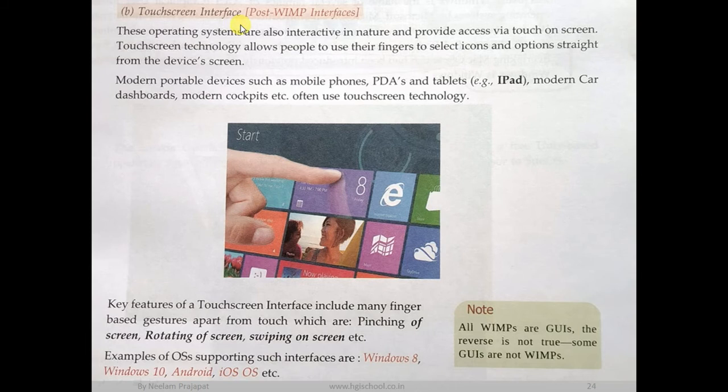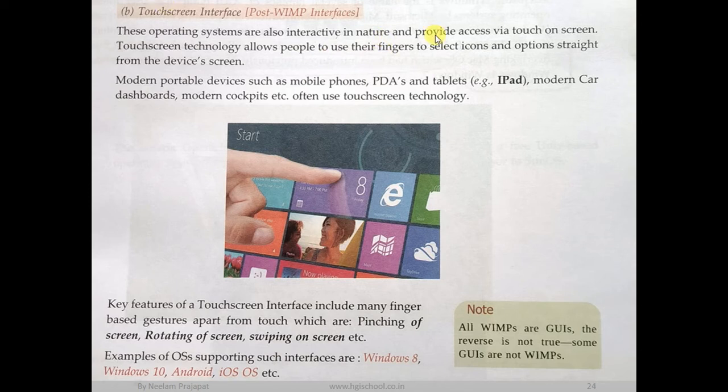Now touch screen interface. GUI you have seen, one is there in PC. Now this one is the touch screen. Here we don't have mouse and keyboard. Simply by touch sensitivity we can use these devices. This is a facility actually. So these operating systems are also interactive in nature. You know very well, we can easily use smartphones. Why? Because they are providing us the interface. They are showing us pictures, icons, menus, etc., so that we can simply touch and use it.